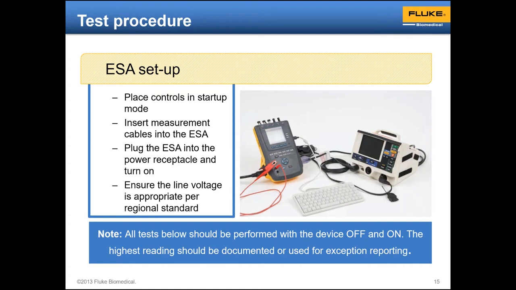The neutral might be connected, you might have two hot wires, L1 and L2, both carrying voltage. That's actually not the way it should be wired for a hospital, but you may find that that is the case. You may find that that means that you don't have a ground, or that your neutral wire is not really a return wire at all. And that's going to present problems for the safety analyzer as well as the medical device. So we're going to always at the beginning check the voltage on L1, L2, and ground to make sure we have a proper ground, a proper reference point.